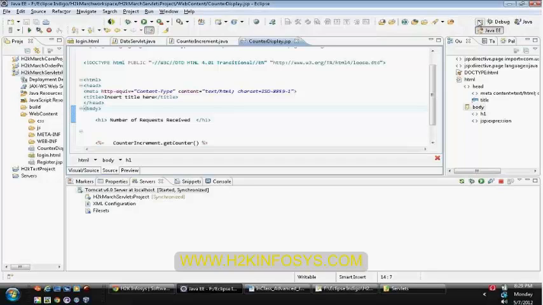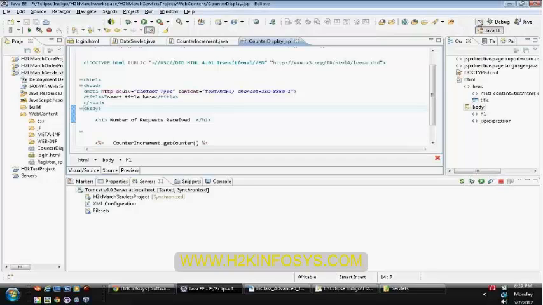Your servlet container will create two more objects, request and response, identify the servlet that is supposed to be passed the request, a new servlet, and it will hand over this new request and response to your servlet, and forward the control to your next servlet.